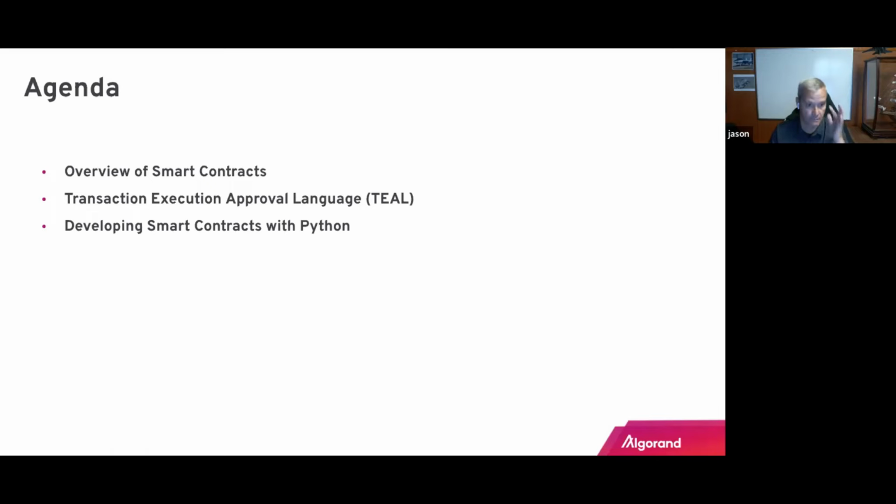I'm going to show you a couple of examples in each one of these and also show you a little bit about debugging so you can get an idea of how to do that. And then also, I'll cover right at the end briefly how to call smart contracts from the Python SDK once they're deployed. But before doing that, I wanted to walk through what a typical Dapp architecture looks like